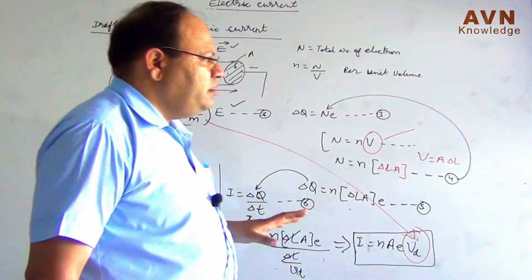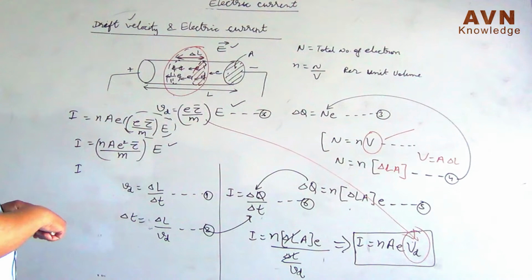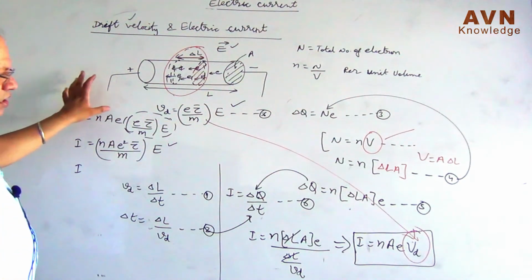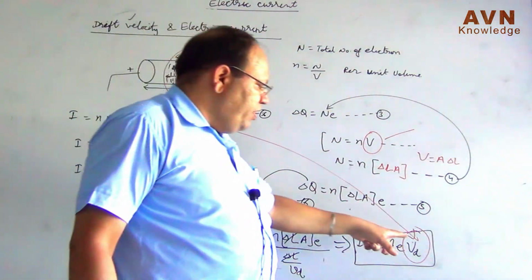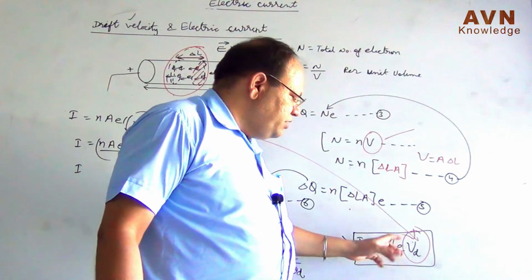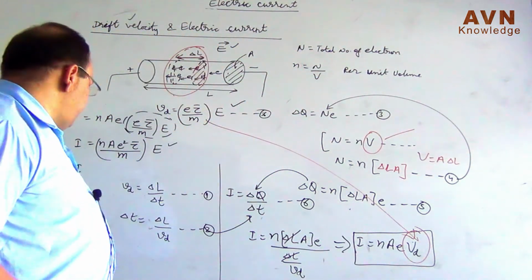And here, the first term, if you take the electric current and drift velocity, small n and A are also constant. If the number of electrons is constant, then what is the relation between